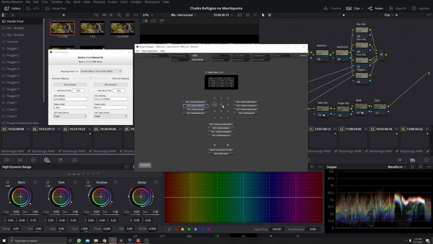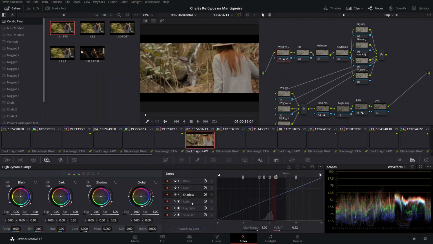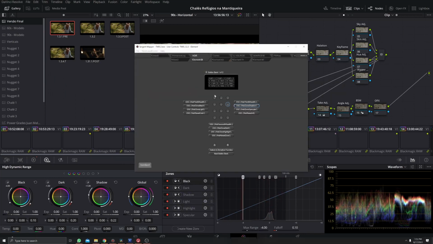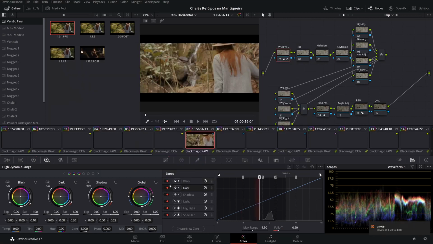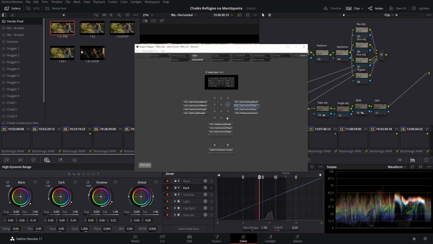On HDR mode, we have the highlight for each HDR wheel, these buttons here. We have the zone, black, and dark, shadow, light, etc., which will open this panel and change between these zones here. We'll choose them, and we have reset buttons for color, for zone, and for all the HDR. We can reset only the color change or only the zone panel, or you can reset all the HDR. Pressing the alternate key, we have the reset for the first, second, third, and fourth wheel here, and we have the black, dark, etc. on and off, so you can turn these zones on and off.